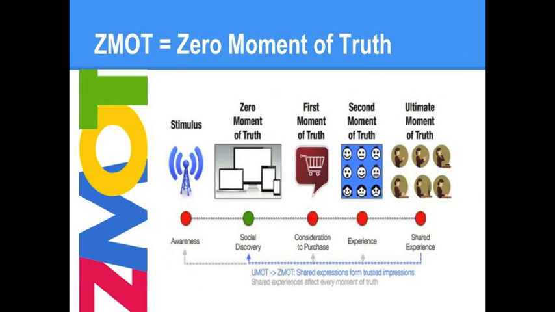Talk real quick here about ZMOT. This is one of the most important things you can do. ZMOT came out in 2011. It was very important for me in redefining how I looked at what we do. And ZMOT stands for the zero moment of truth. And in marketing, for the last 50 years, there was the first moment of truth and the second moment of truth. The first moment of truth was you heard an ad, you had a need, you were looking for a product or service. And the first moment of truth is you're considering that purchase and you're looking at the product or service.